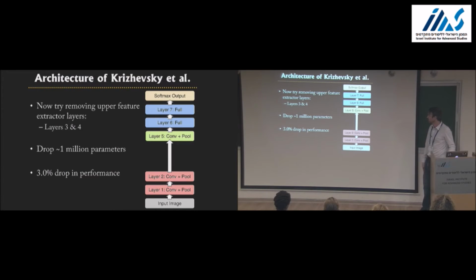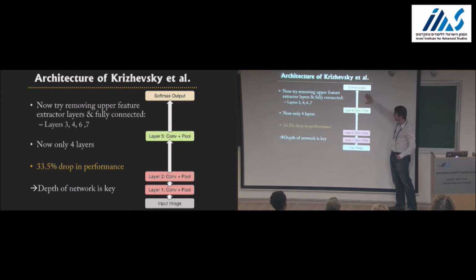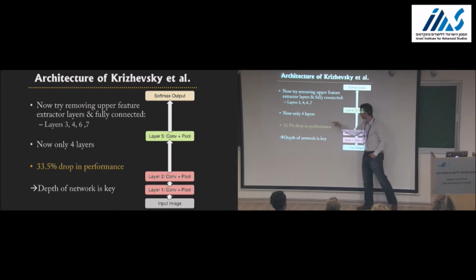It's not in either of these two locations. So you can try, now we take out all of them, the group down below and the group up here. I've tried to keep the architecture generally the same, right? So I've tried to preserve the pooling layers. So now you've thrown away more or less the same number of parameters that you threw away up here. But now you've really broken it, okay? Because there's only actually 4 layers now between the input and the output. And the performance has suddenly